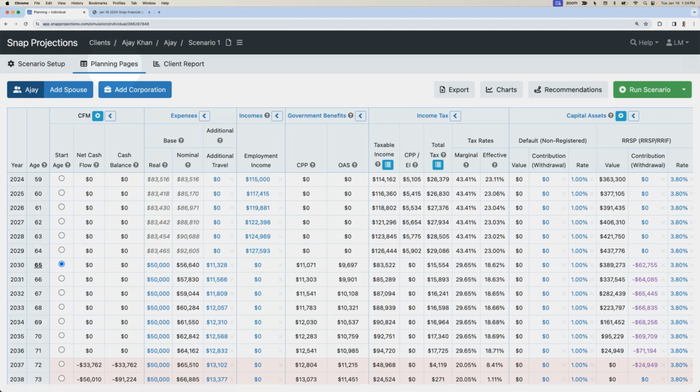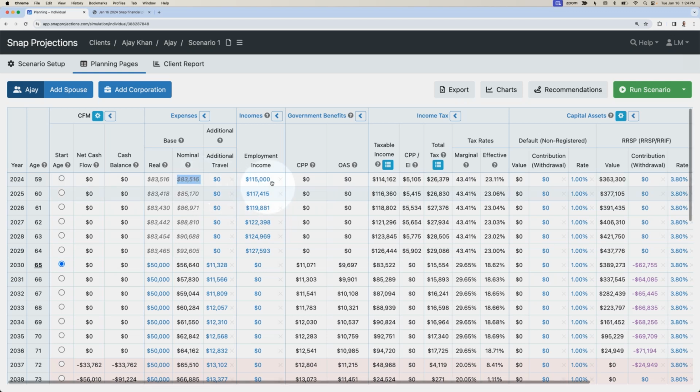Now, the planning page can seem overwhelming the first time that you see it, but once you know what you're looking at, it's incredibly intuitive and a very powerful section of the software. On the left-hand side, we have the year and AJ's age. Then as we continue over, we can see the calculated discretionary expenses that would be available based off of everything that we've input in the plan so far.